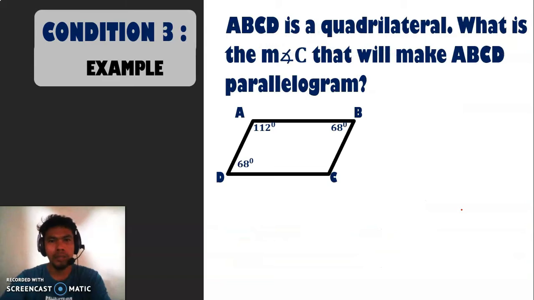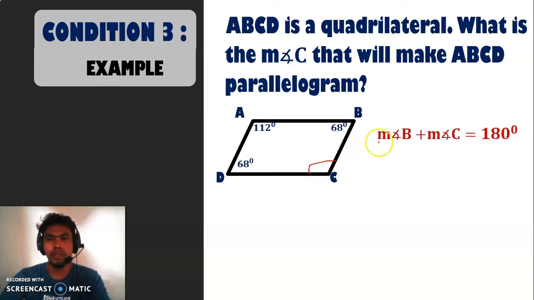Okay, application for condition number 3. We have ABCD is a quadrilateral. What is the measure of angle C that will make ABCD a parallelogram? So since we are looking for the measure of angle C,